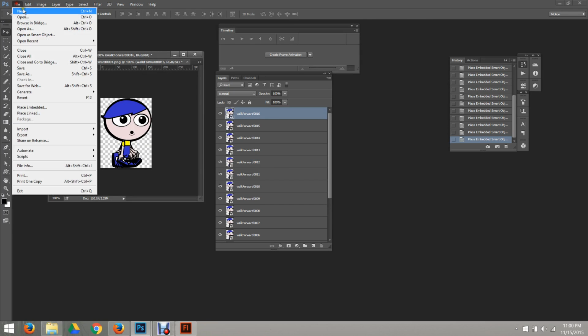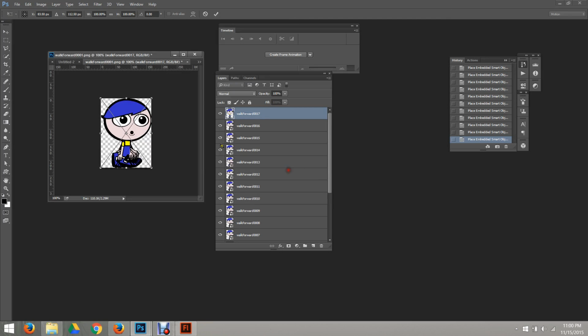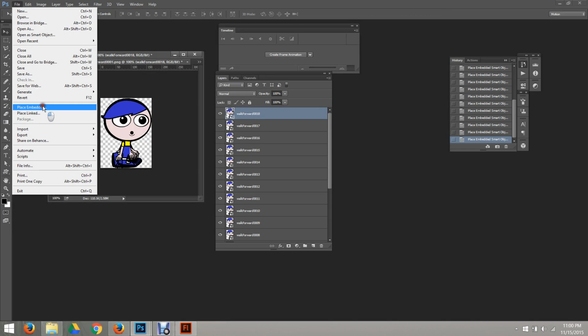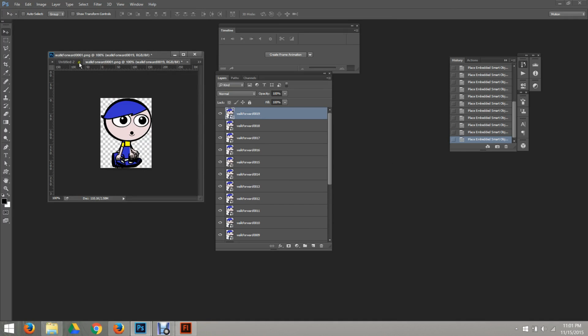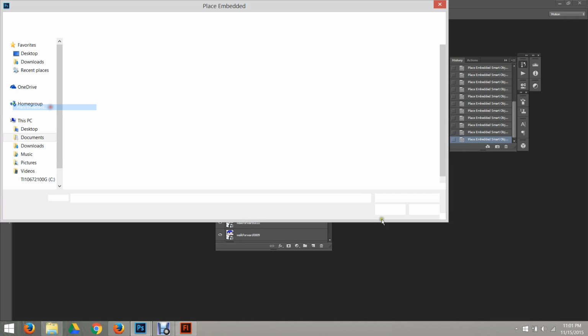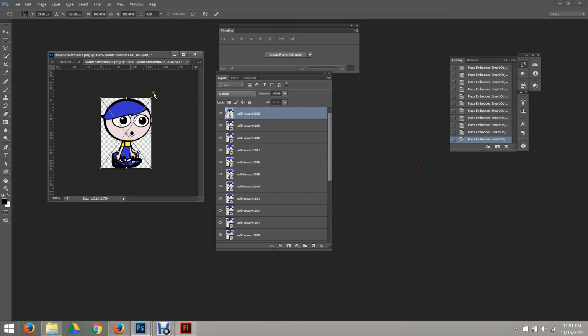It centers them perfectly, and so everything will be lined up and ready to go once I have these all in here. All right, I had a 20 frame animation,